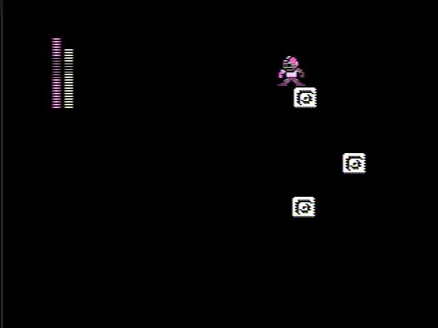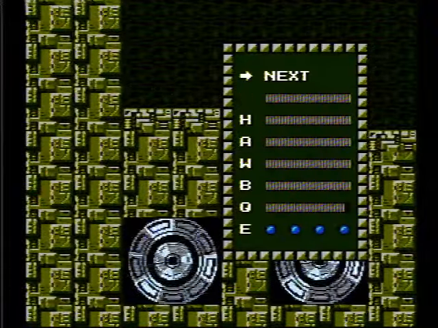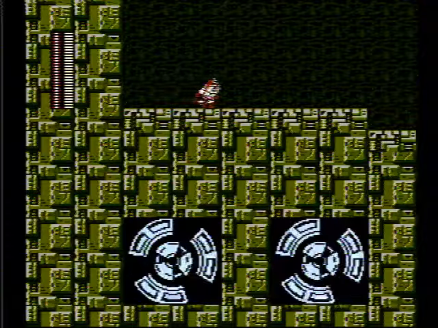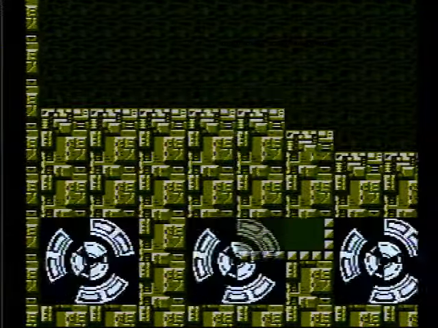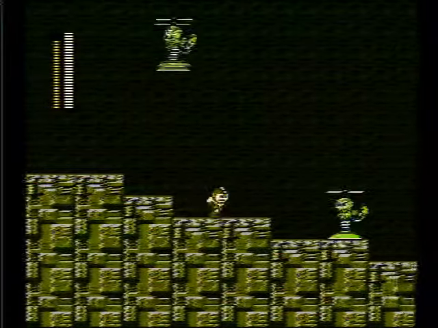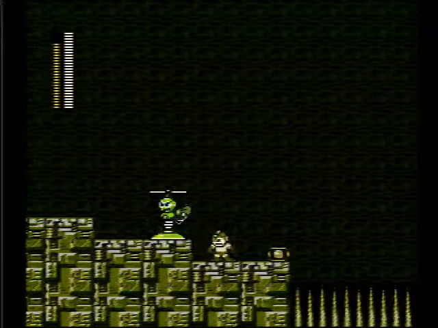Whatever. Here we're moving on to the second stage of Wily. This stage is significantly easier than the first stage, which wasn't even that bad to begin with, to be honest, so yeah. We want to start off with the Metal Blade because these guys are instantly killed by the Metal Blade. And then we want to make sure